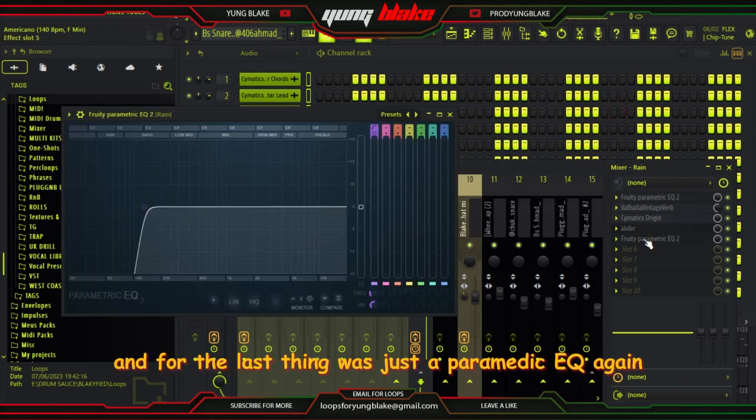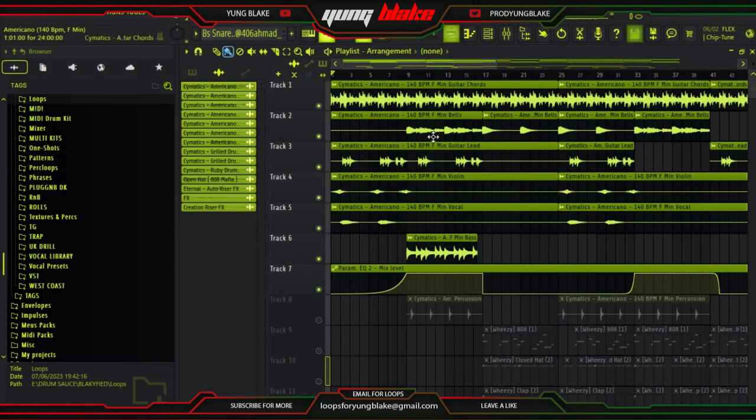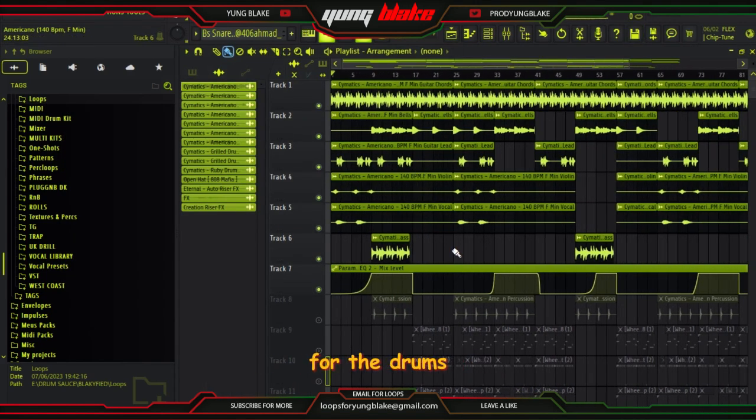And the last thing was a parametric EQ again, just to get the low frequencies for the 808. And that's pretty much it for the samples. For the drums,